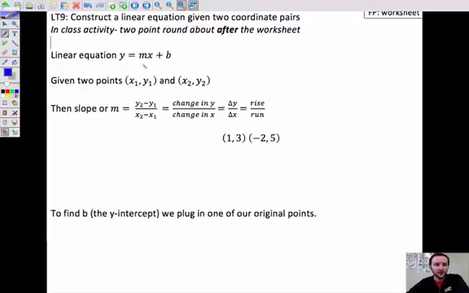We've gone over how to find the slope between 2 points, which is this complicated looking formula. And what I said in class was that I don't really want you to worry so much about that formula as much as I want you to understand this piece of it, the change in y over the change in x. So as we do LT9,